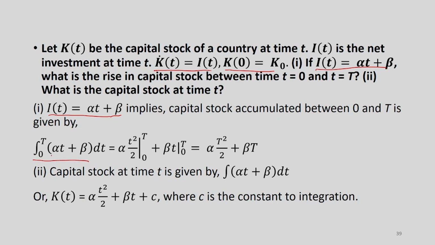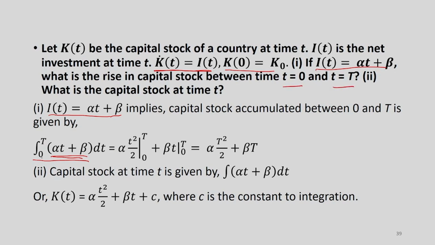So, we are integrating the I(t) function, because we know that if I take the derivative of the capital stock, I get the net investment I(t). So, here we are going in the opposite direction, and the limits of integration are 0